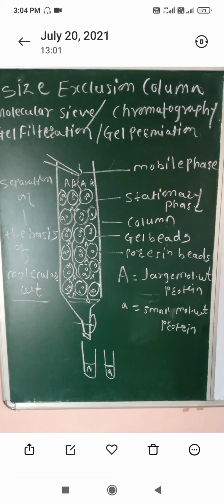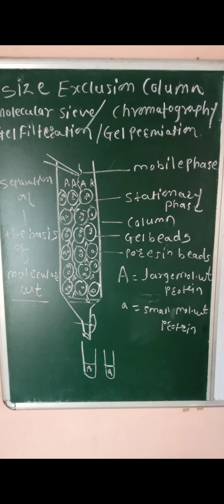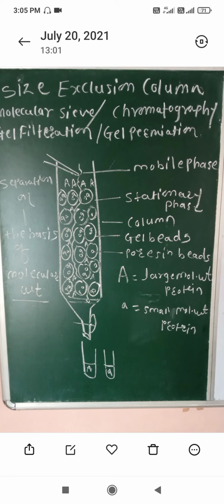So in this column chromatography, a mixture of proteins having two different molecular weights is separated by passing it through the stationary phase. The stationary phase is nothing but compactly packed gel present in the column, followed by application of the mobile phase, which is nothing but buffer, which is liquid in nature. When the mobile phase percolates through the column under the force of gravity, the two different proteins are separated on the basis of their molecular size. This type of chromatography is called molecular sieve chromatography.